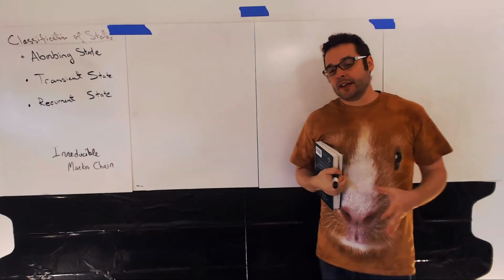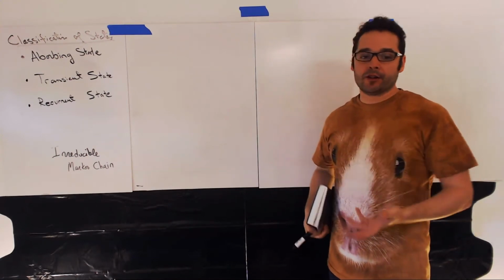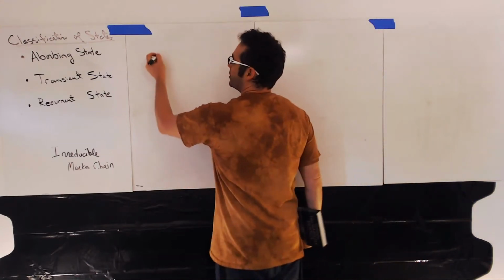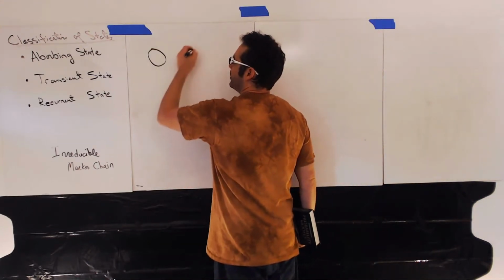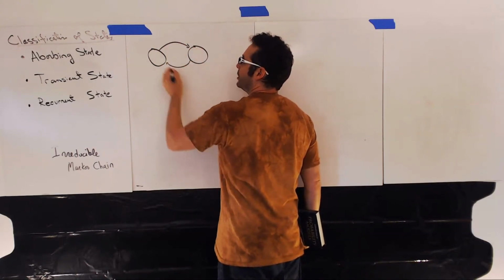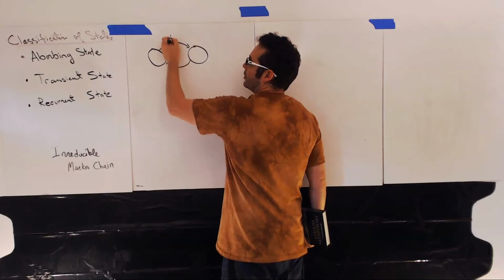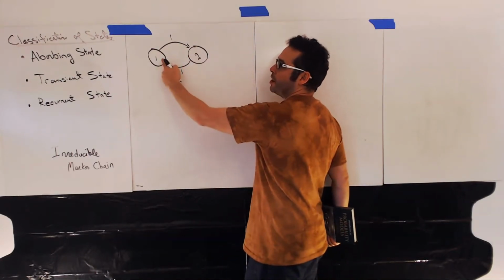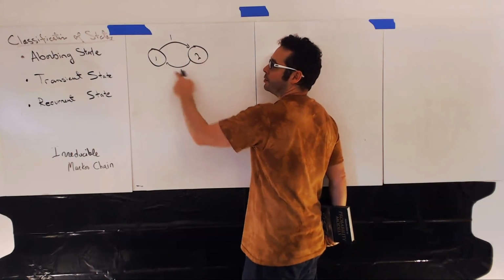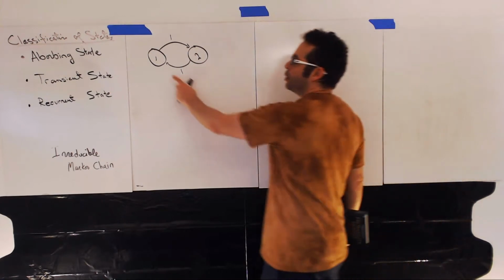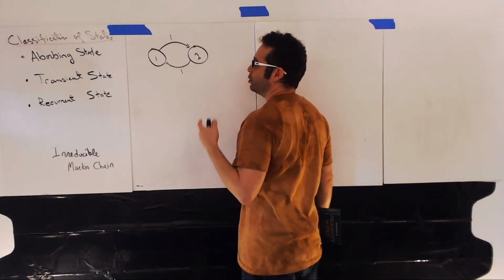A recurrent state is any state that we're guaranteed to visit again. So let's give a quick example of that. Let's say we had these two states in a Markov chain and they just flip back and forth. With probability 1, you go to 2, and with probability 1, you go to 1. Now, in this case, we would say both state 1 and state 2 are recurrent